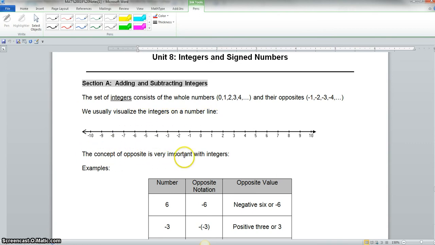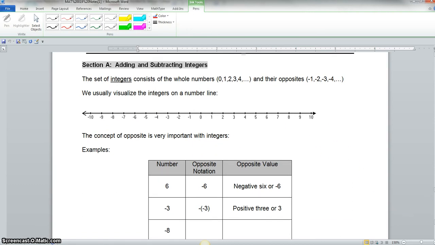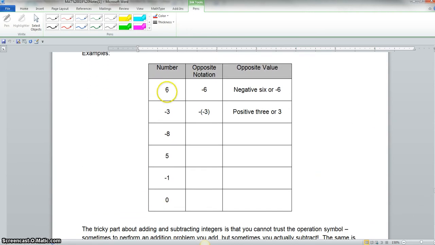The concept of opposites is very important with integers. We have these examples. We have 6 and this opposite notation of -6, and we will write it out as -6 or just plain -6 here. Then we have -3. This opposite notation is the negative sign, parenthesis -3, and we have +3 or just write 3. Now we have -8. It'll be the opposite of -8, and we will have +8